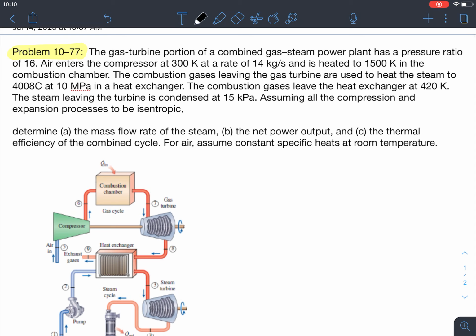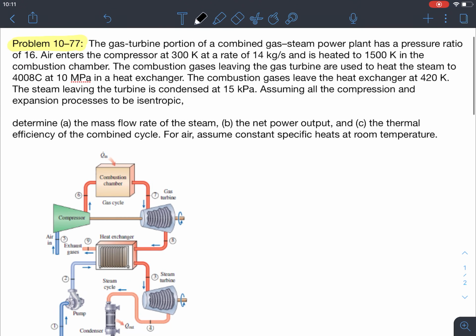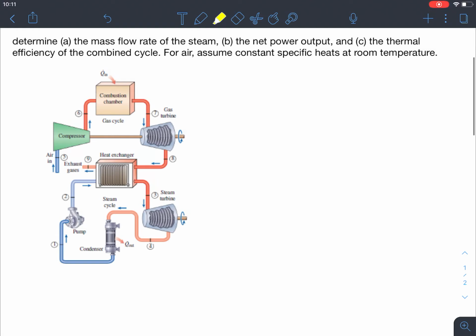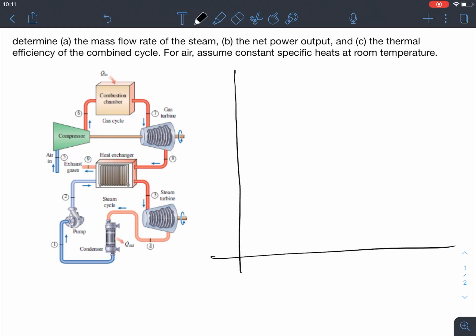This problem is telling us that the gas turbine portion of a combined gas-steam power plant has a pressure ratio of 16. So that means it's a combination of gas and steam power plant, a combined cycle, and it has the pressure ratio and gives all that information. Before we look at all that information, let's take a look at the TS diagram first, how it looks for this particular